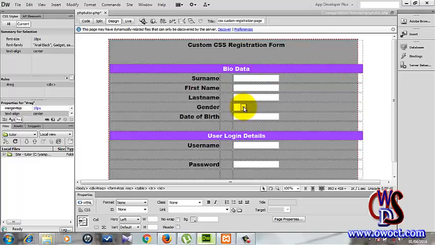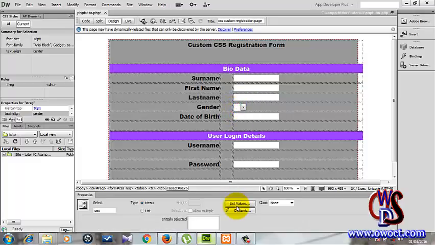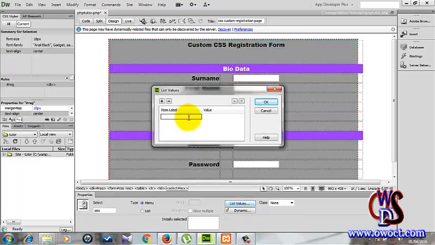Right now this is it. What do we do? Let's click on it to make it active. Now you see where they say list values. Click on it and give it a label of select gender,